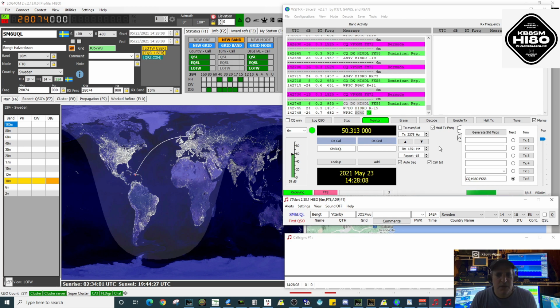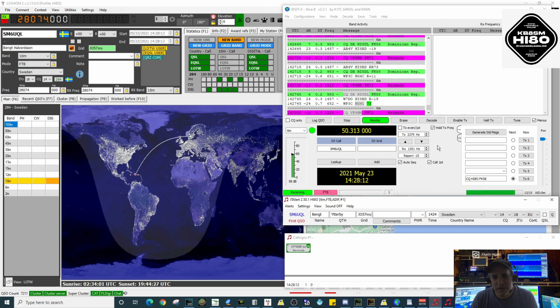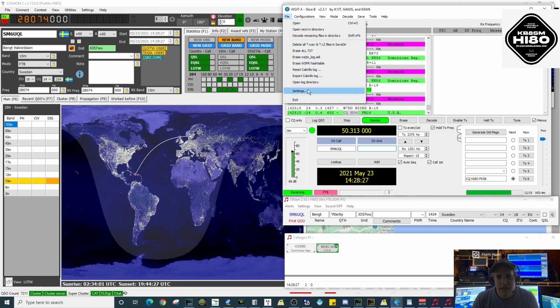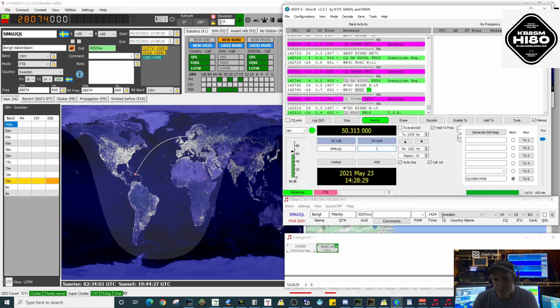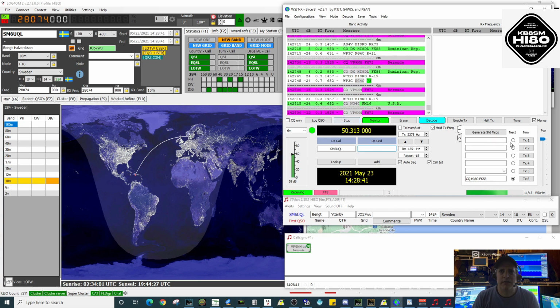So every now and then, every other day, two times a week, three times a week, depending on how active I am, I export an updated version of my QSOs from Log4OM after I update the Logbook of the World confirmations, and I select that file in Gridtracker. So that's the only downside of not using JTAlert for logging, that you need to manually update the QSOs into that. But for me, it's